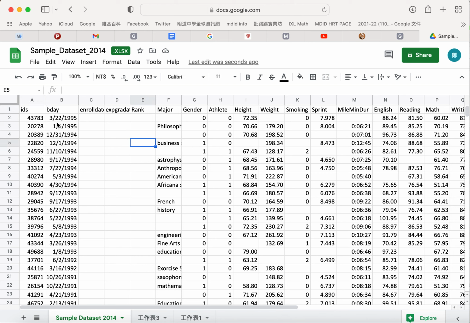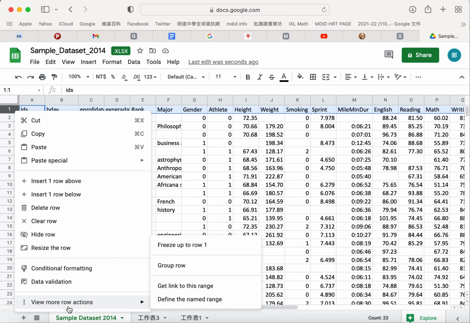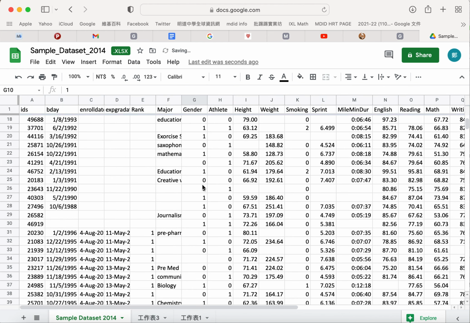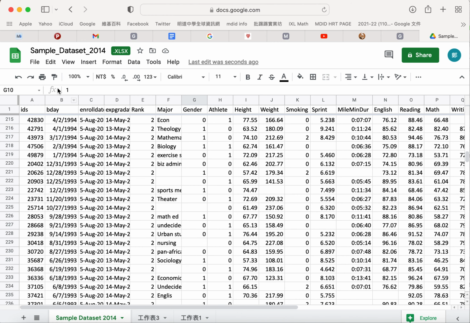Just right-click here, and at the bottom you can see "freeze up to row 1." After that, when you scroll down, the first row stays frozen, so you can see that this column is the height, this one is the weight, and this column is about